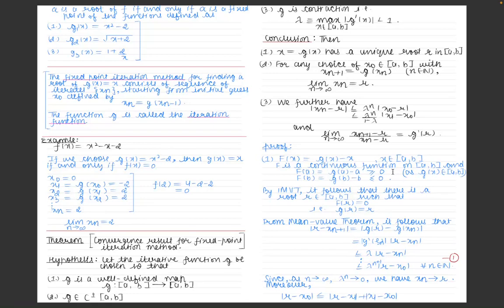And third g3(x) is 1 plus 2 by x. So each of these, if g1 has a fixed point, then f has a root and vice versa. It is easy to see. So the choice is not unique. Now let us start with the